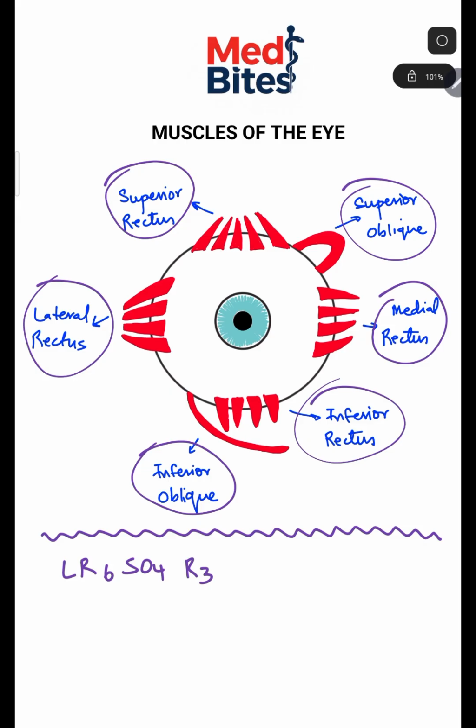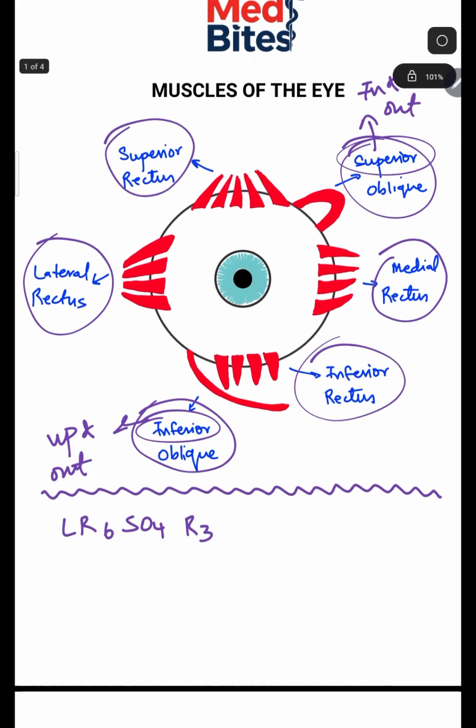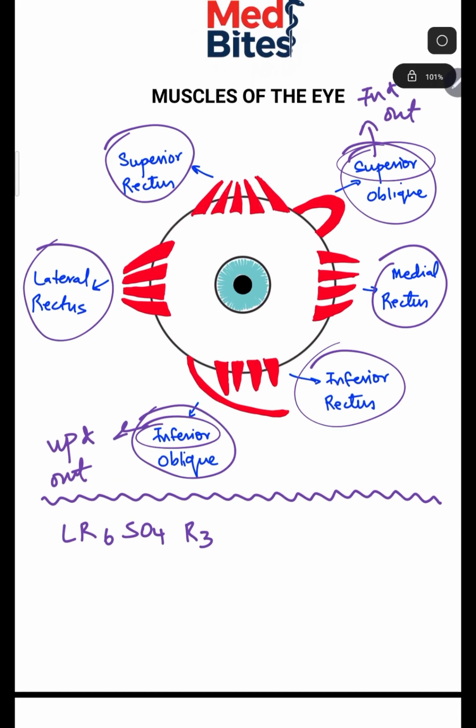So, yes, unlike its name suggesting, inferior and superior, their roles are actually reversed. So, inferior is actually up and out, superior, as the name does not suggest, unfortunately, it's down and out. So there's that. Now, in order for you to know which cranial nerve supplies which muscles, it's important to know